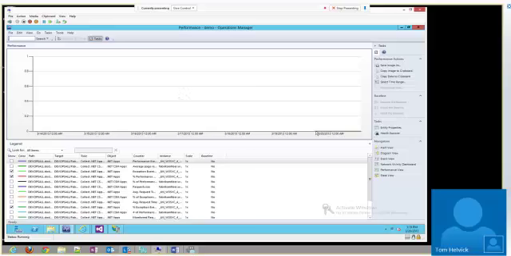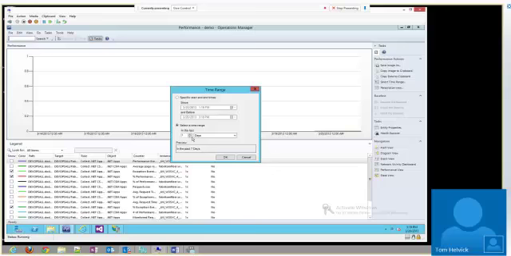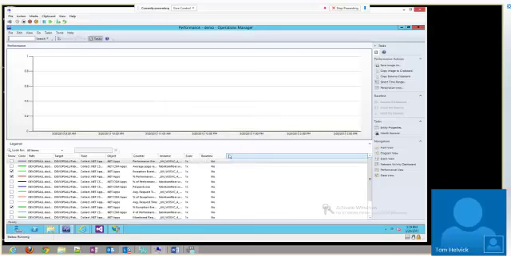So I am right now looking at a week view. I have not had my server on for a full week. This server is only a demo server, so it's only been on for a couple hours today. So I can actually change the time range on this to show 7 hours instead of 7 days. And there we go. My server is essentially flatlined. It hasn't been doing a whole lot of anything.